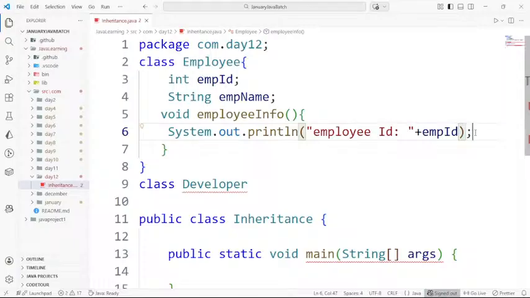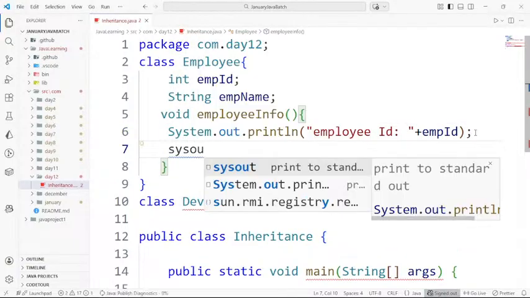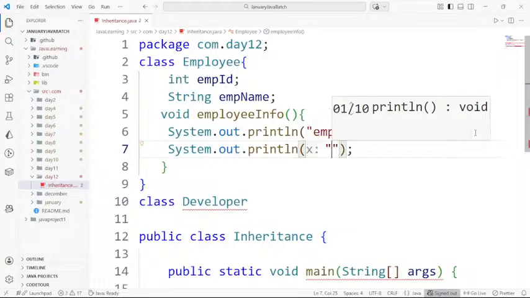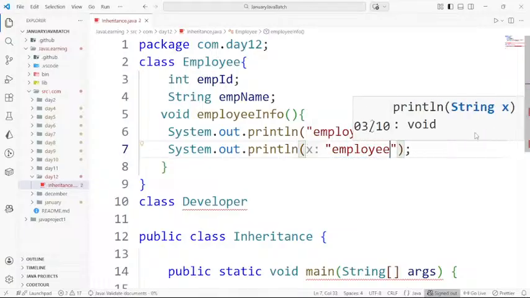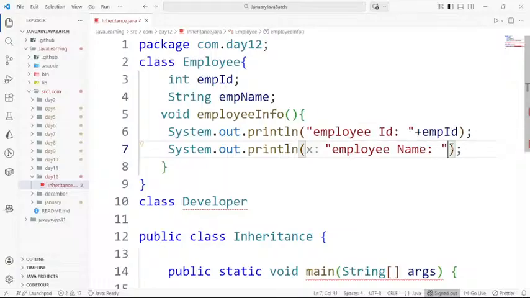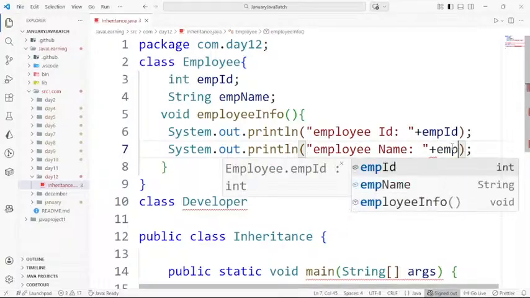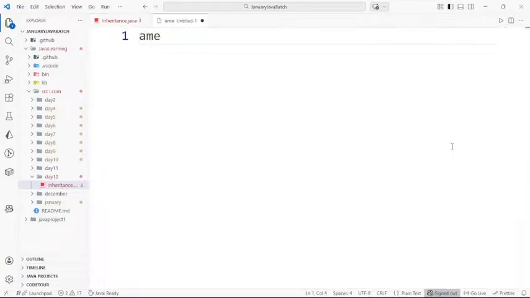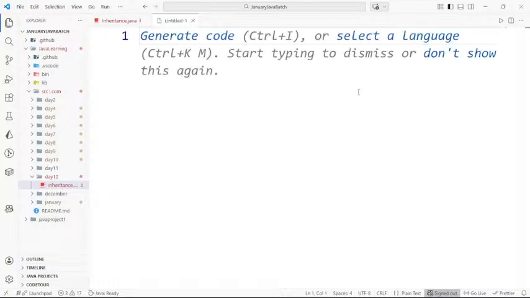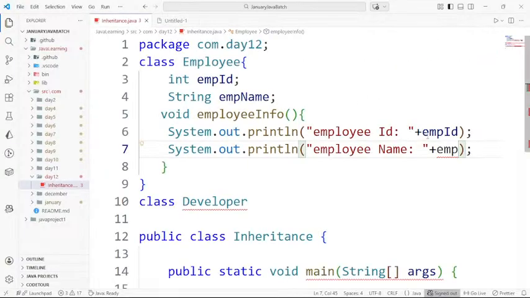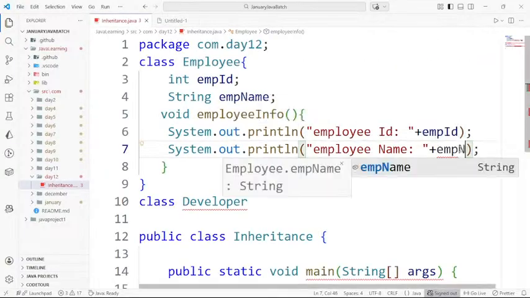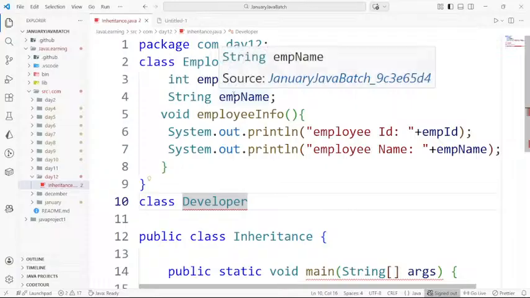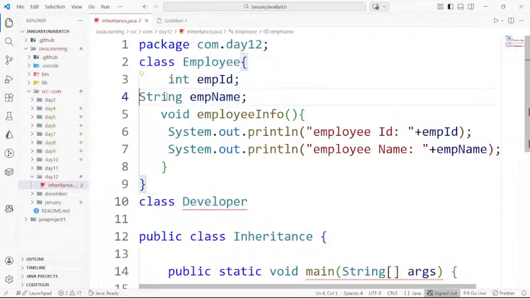In the same way, I can print the employee name also: "Employee name" plus empName. Like that I can display some information of the employee ID and all, but I am not